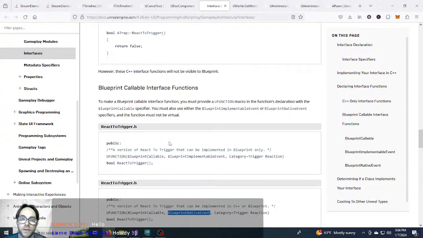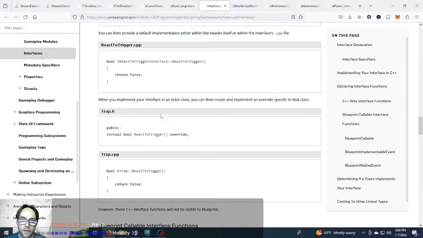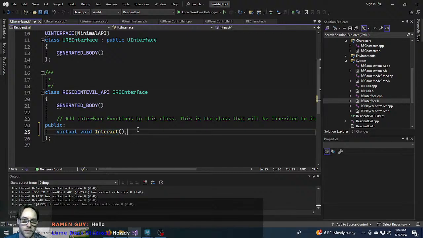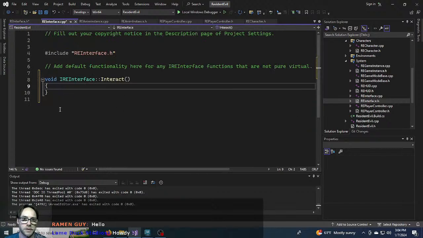For us, we're just going to do a C++ setup. So this is all we're doing here, and you can see that's all I've done here, right? I have my function, and then I have my implementation. And there's nothing on mine, because mine does not return a value. It's a void function, so I don't have to do anything here. I will save it. I'll jump over to the thing that I want to interact with, which is going to be